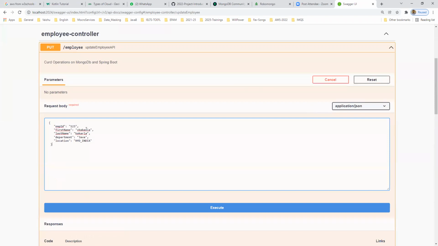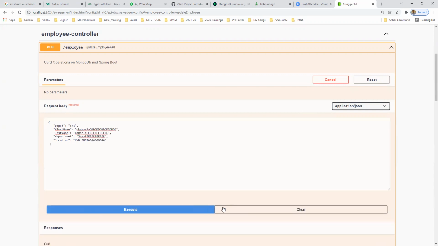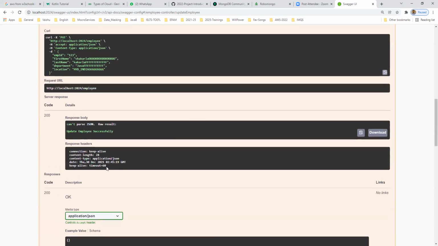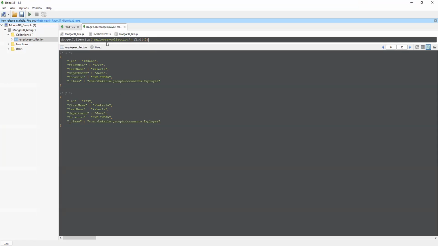Only we need to take care about the configuration of MongoDB and the installation of MongoDB, right? That's all. If you see, updated successfully. Let me run the same query here. So I'm running, see, the document was updated. Okay, the record was updated.